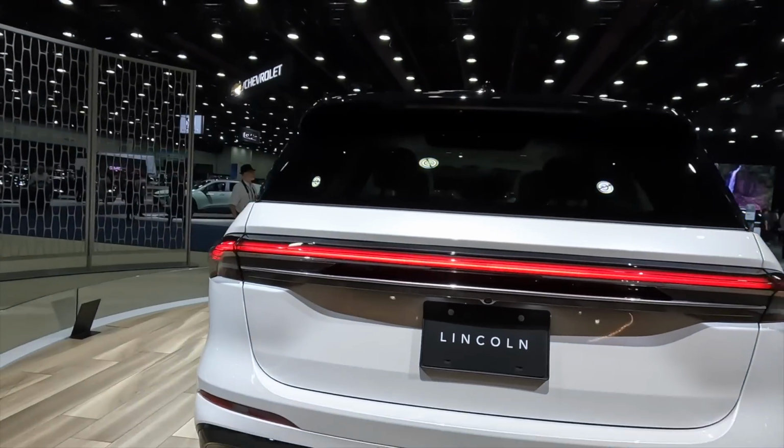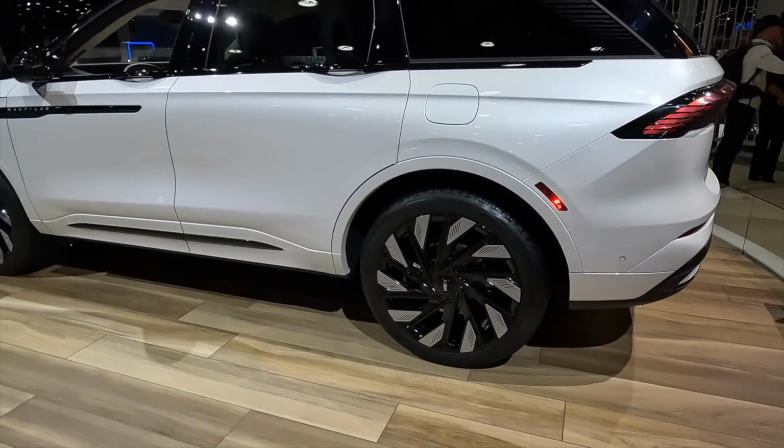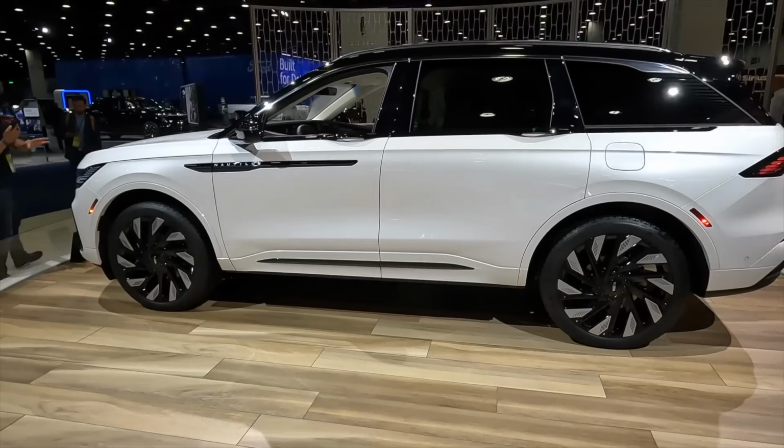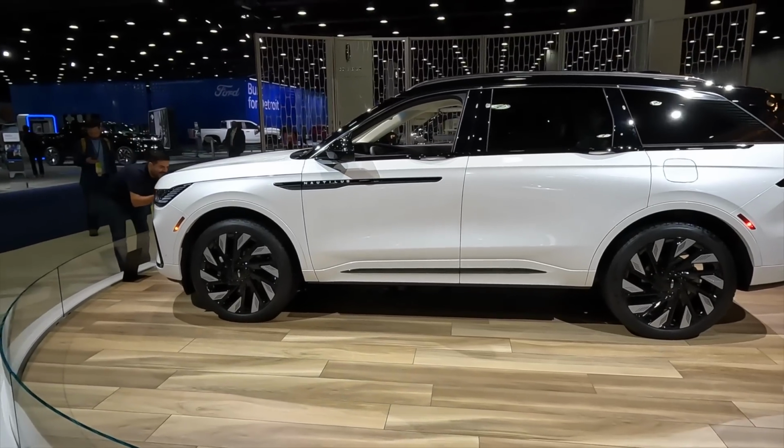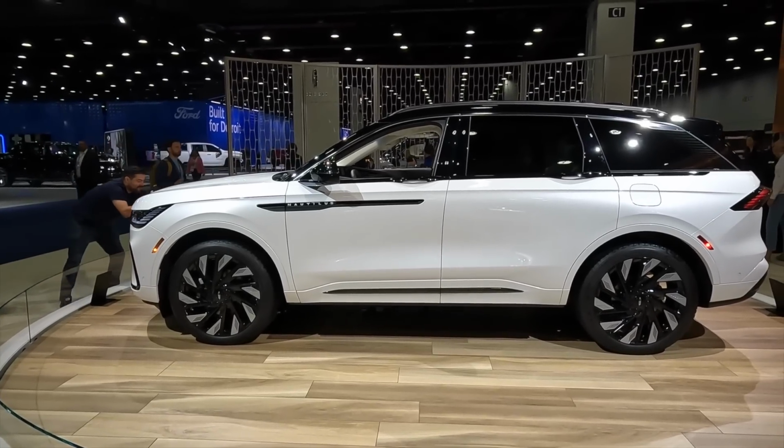All right, obviously, as you can tell, I'm not going to get a chance to drive this car just yet, but I am going to look inside, and I'm not going to be alone. I have a Lincoln expert to join me to show me around, because in a lot of ways, the big news is inside. Okay, I am now inside the Nautilus, and as you can see, I'm in the passenger seat,